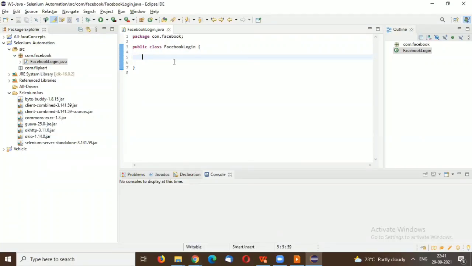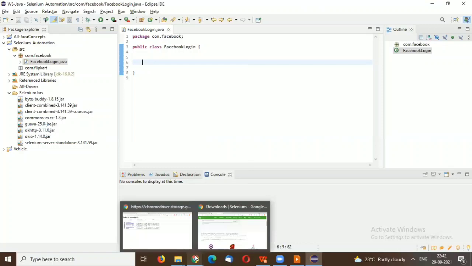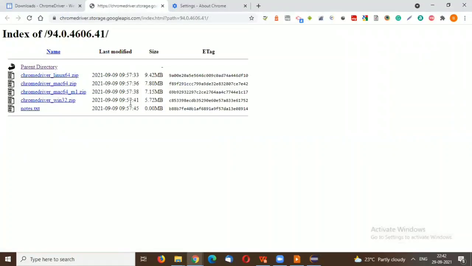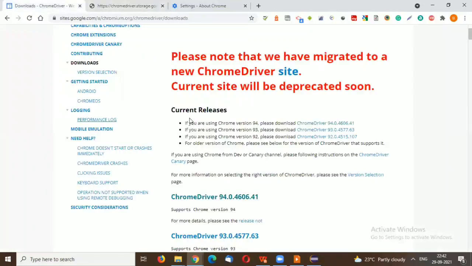To run on Chrome browser, we require a Chrome driver to run our first Selenium script. So we need to download the Chrome driver. We could do it by directly giving the setup command, but every machine has a different version, and we need to run on different versions. So the setup command will not work there. So we need to download the Chrome driver to run our Selenium project.